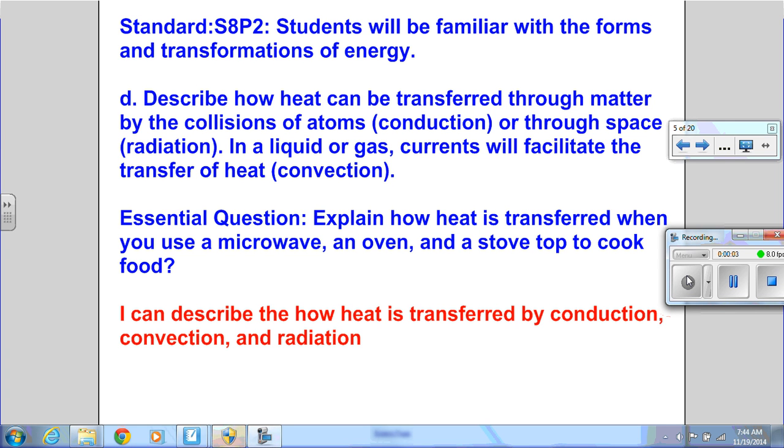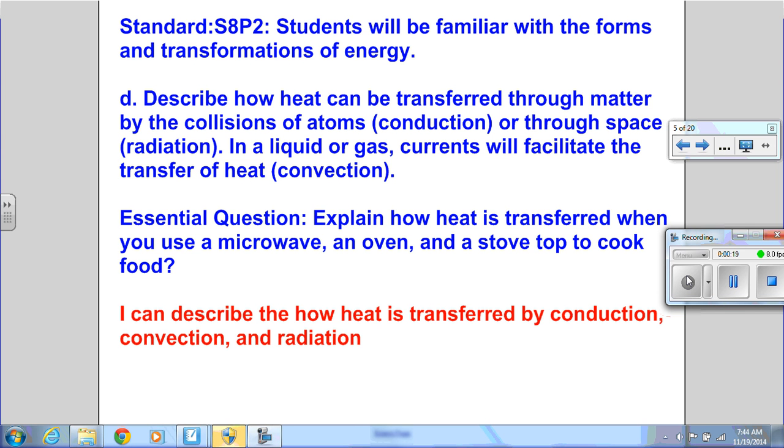Hello class, in today's video lesson we're going to be talking about heat energy. We have previously talked a little bit about heat energy when we were talking about forms of energy. Now we're going to explore that in more detail. In today's lesson we're going to be looking at the ways that heat can be transferred through matter by the